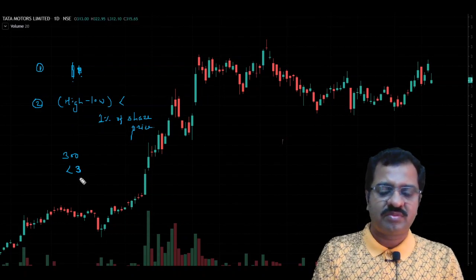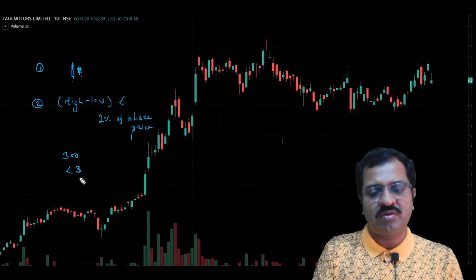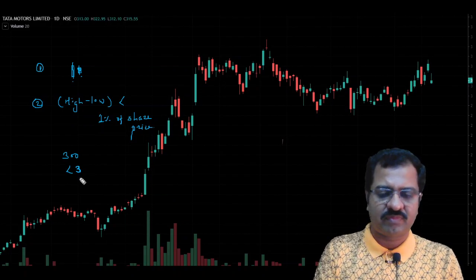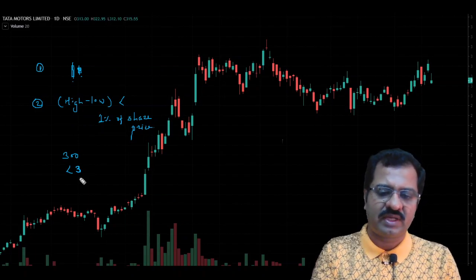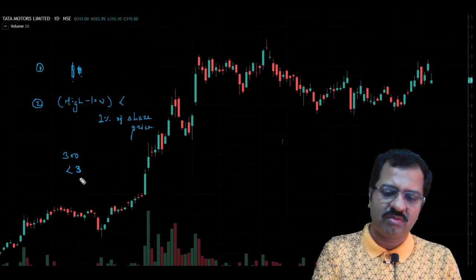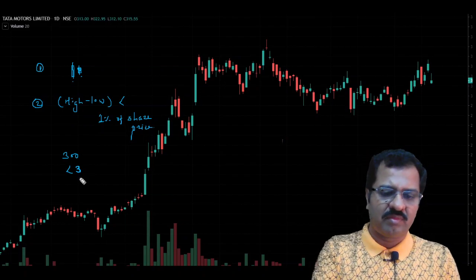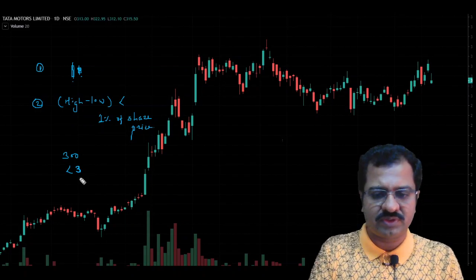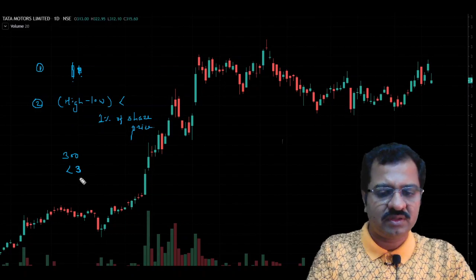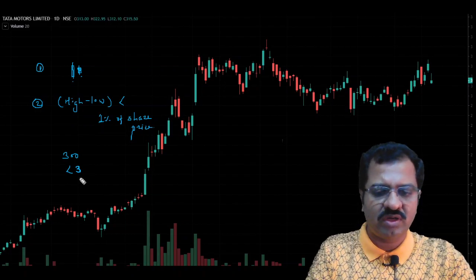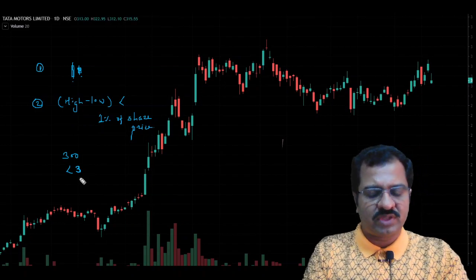Or you can base this on the volatility of the stock or the volatility of the VIX index. It's based on VIX also. If VIX is high, then increase this, make it 1.1. If VIX is low, decrease this, make it 0.9%. But for now I am telling you this as 1%. So candle size should be less than 1% of the current share price. These are the only two conditions. If these two conditions are satisfied, then you select that stock.